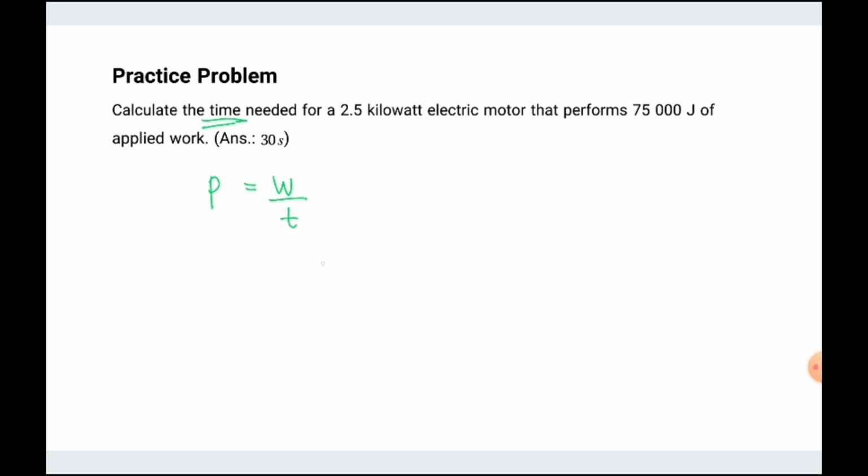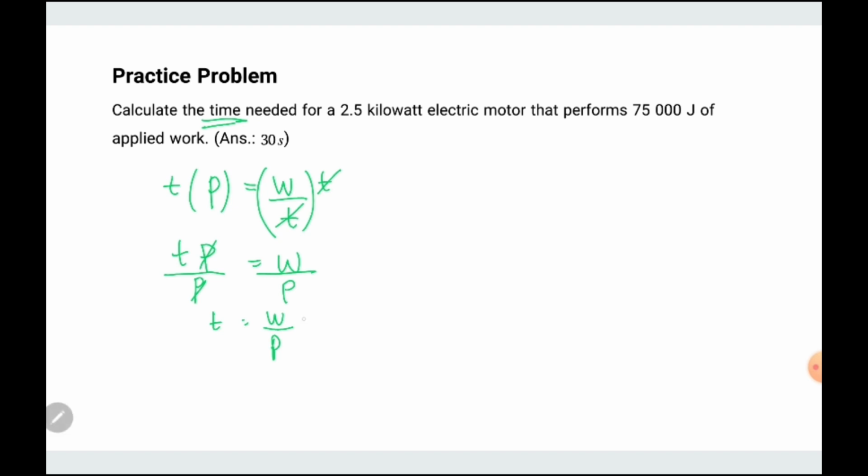What can we do first? Let's multiply time on both sides of the equation. In this case, we cancel the time on the right side of the equation. On the left side, we have time times power. But we are only concerned with time. You divide this by power, both sides. So actually, our formula for time derived from the power equation will be work divided